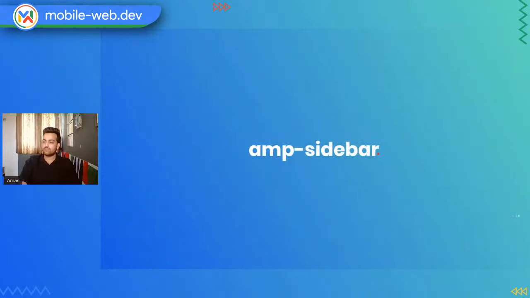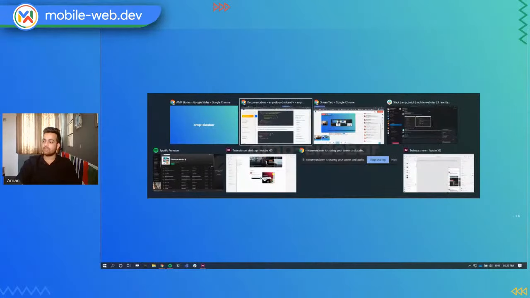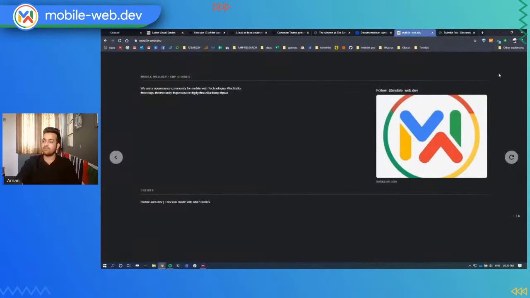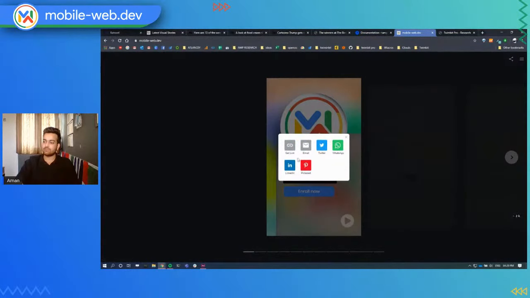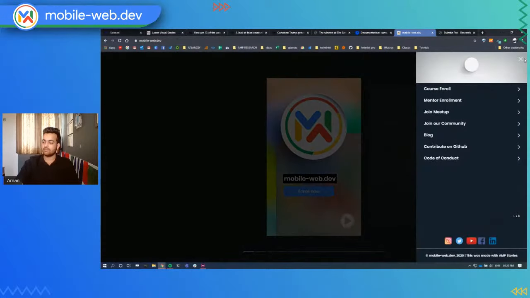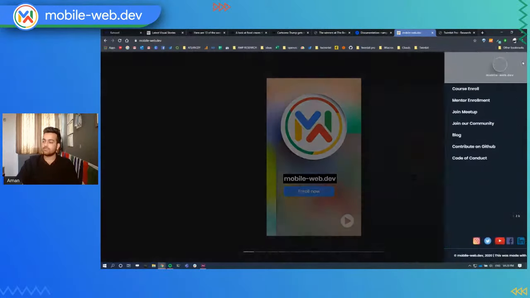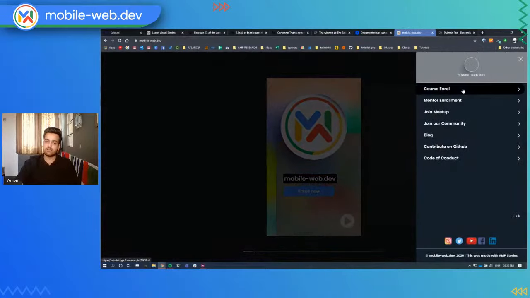Then there is one more component that we are using inside our mobile web dev, which is called the sidebar. So this was the share capability I was talking about. You can add this share button, which shares the story with different devices. Then you have this unique sidebar that you can add, which is also a good way of adding a kind of interactivity. You can import different elements, things like that.